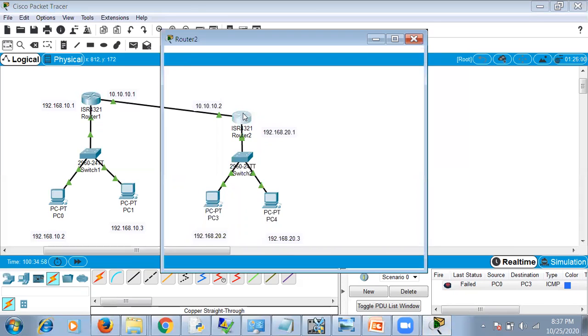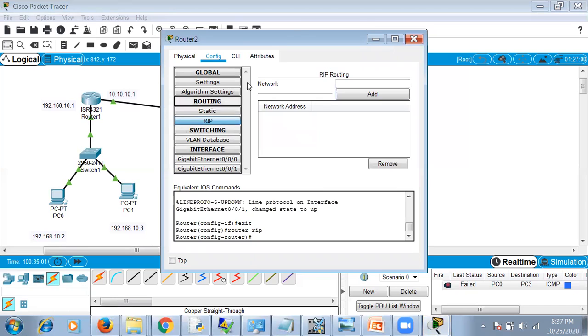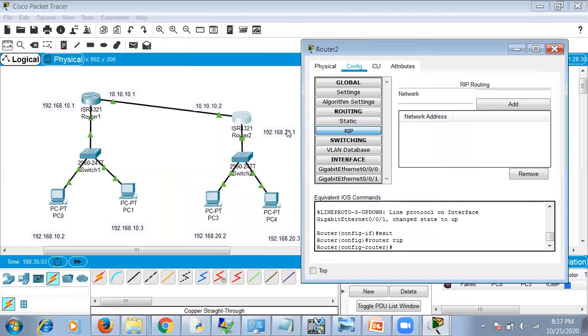We'll go for the second one. Now suppose we just give this address, what happens? We'll see that. See here, it automatically converts it to 20.0. That is because the network ID is 192.168.20 and all network addresses end with 0.